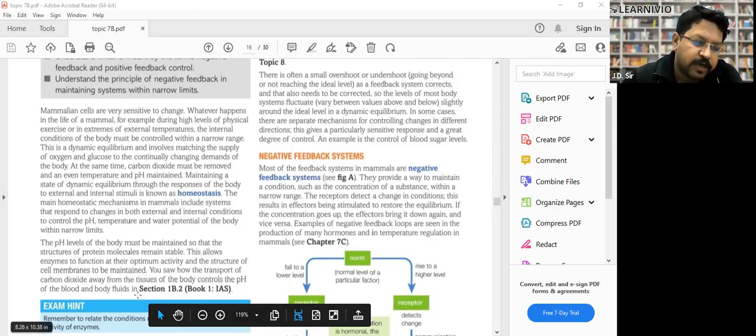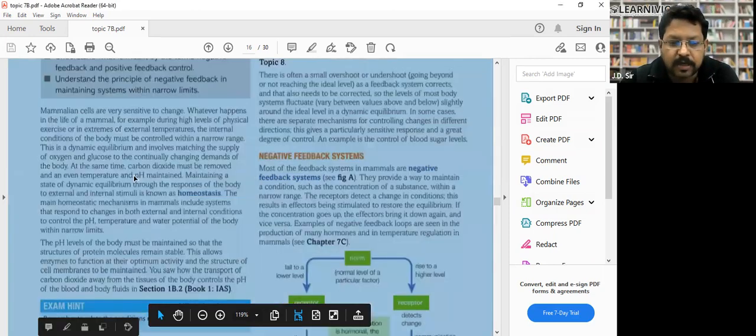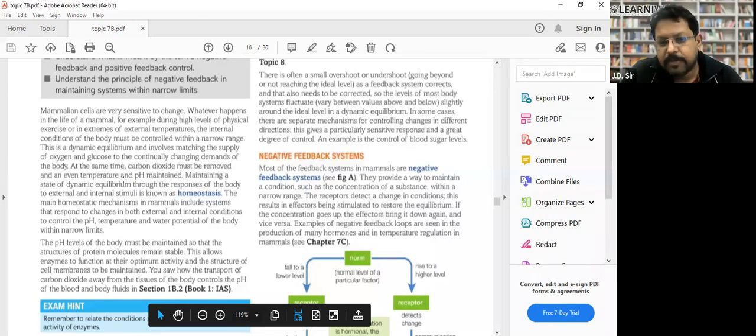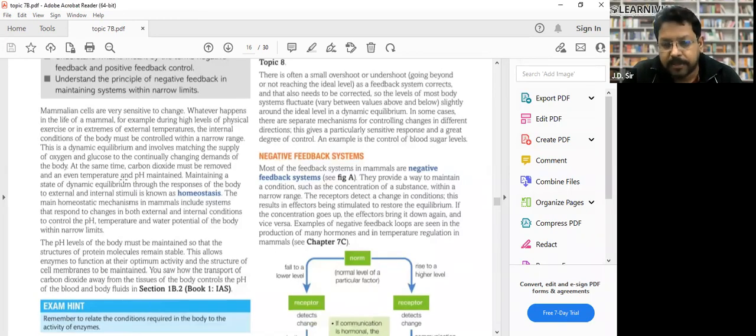Running. So at that time, what happened? You must have felt that our body temperature rises. Whenever the body temperature rises, we stop running, we start fast breathing, meaning the rate of respiration increases and the heart rate increases. Then what happened? We take rest. Whenever we take rest, the temperature comes down, the breathing rate becomes normal, and the heart rate becomes normal.